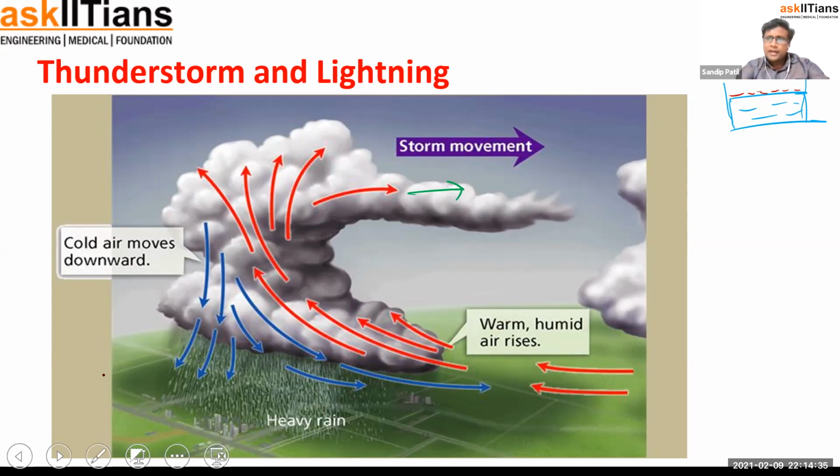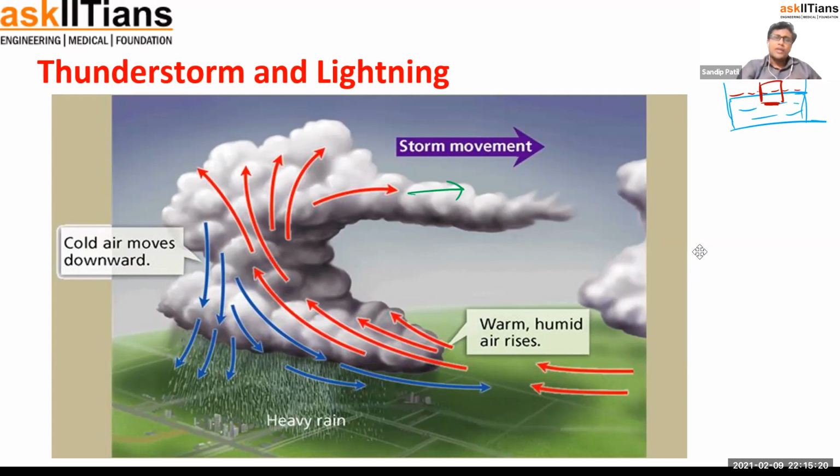You can say ice too. Ice also has less density than water. Therefore, ice floats. But we have also seen in the fluids chapter that only 10% of the ice is above the water, and 90% of the ice is below the water. So we have seen that part too. As I was saying, warm air has much less density compared to cold air. And the air with less density is lighter air, which is going to move upward, and cold air is going to move downward.